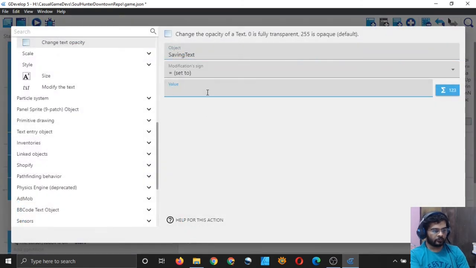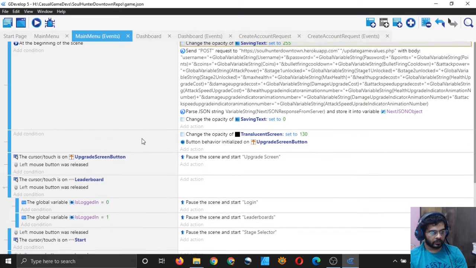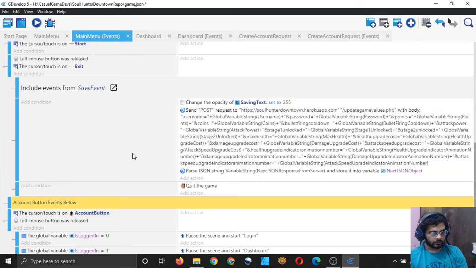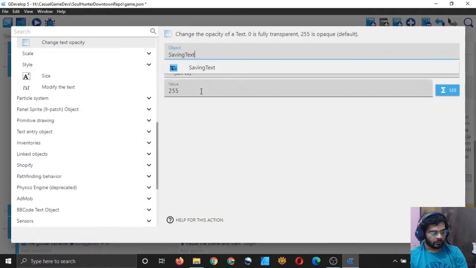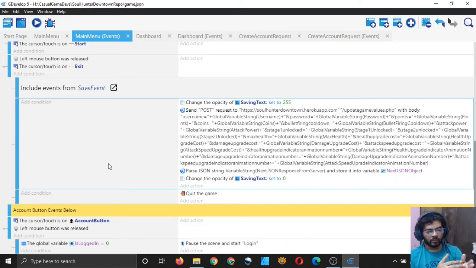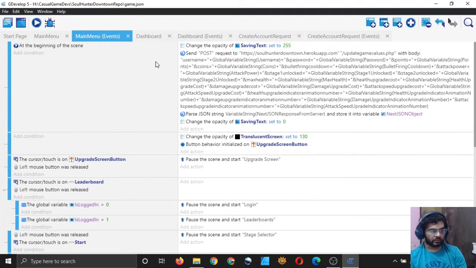So change it to 0, sorry, 0. Yeah, that's what we will do, and you can simply copy it again, paste it here and put it at the top like this, and you can copy this again, paste it here and put the value of opacity to 0. That should tell the user, okay, I'm trying to save the game in the cloud, I may fail, but while I'm doing that we have to wait, right? So that will give the user a message to wait, right?